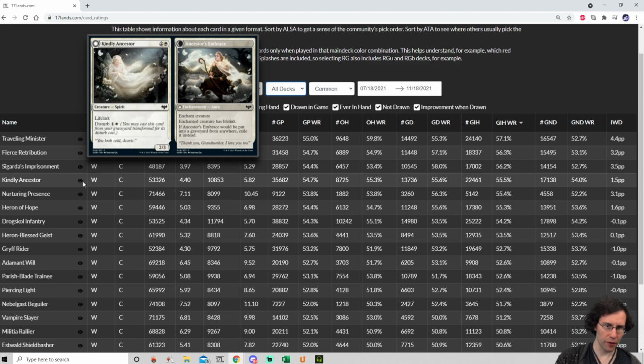And 2/3 lifelink by itself is solid. Like, 2/3 is not exciting, but lifelink is a very good ability. 2/3 with an ability is playable. I would expect 2/3 lifelink to be okay. The backside of this being able to give something else lifelink means that you just gain appreciably more life off of it,